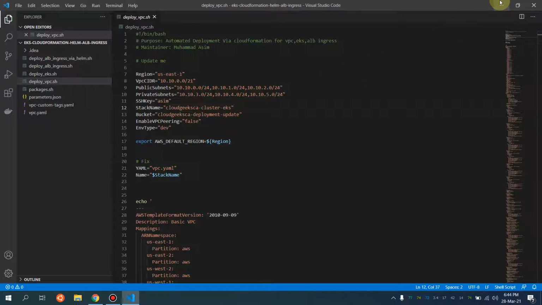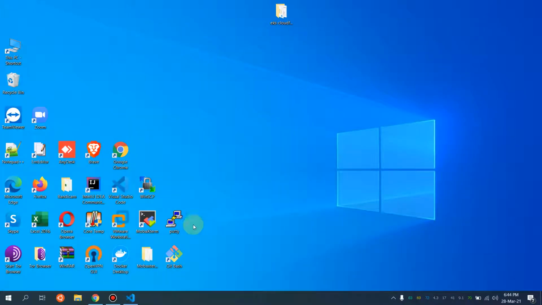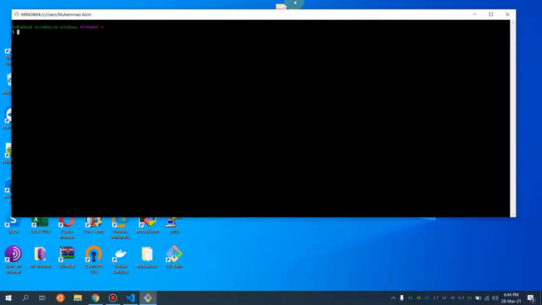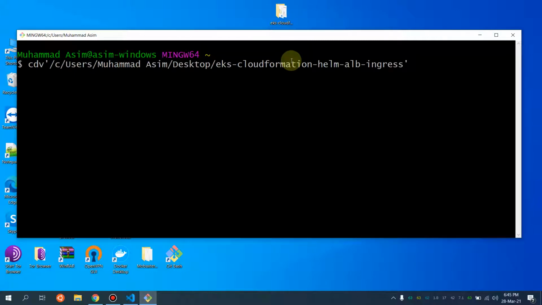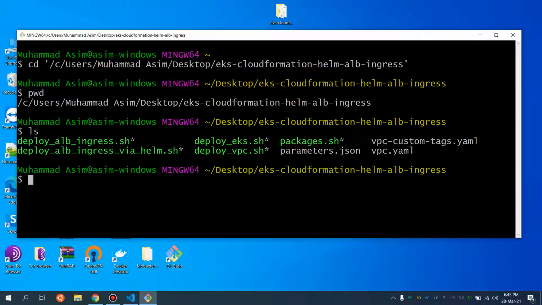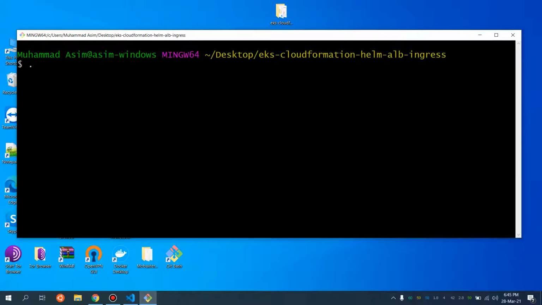So let's begin. I'm going to navigate into this particular directory, and let me zoom in a bit for you guys. So if I do cd into this, okay, I'm going to deploy this stack, deploy VPC.